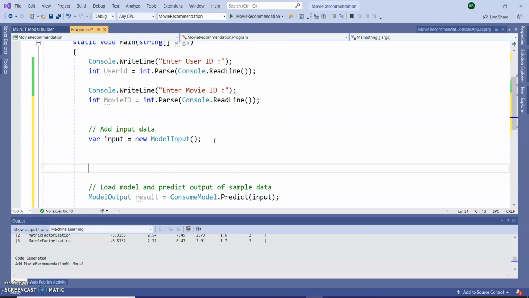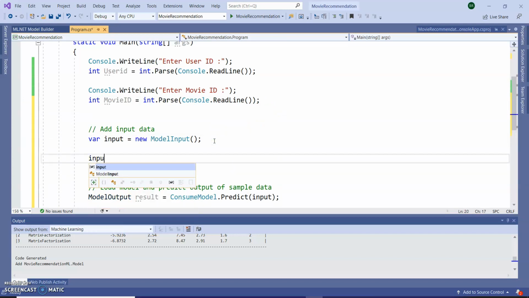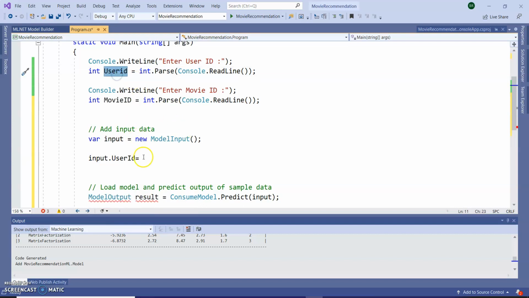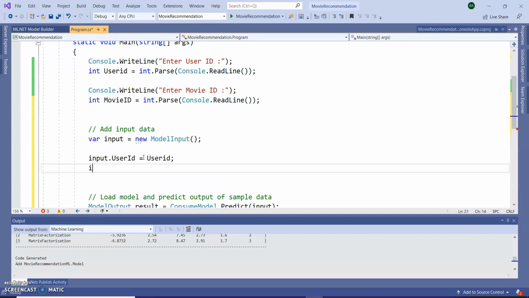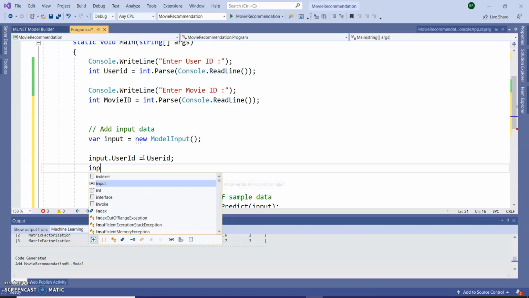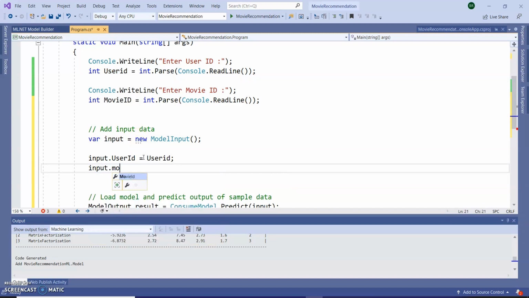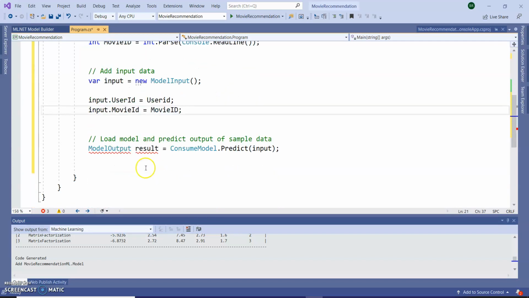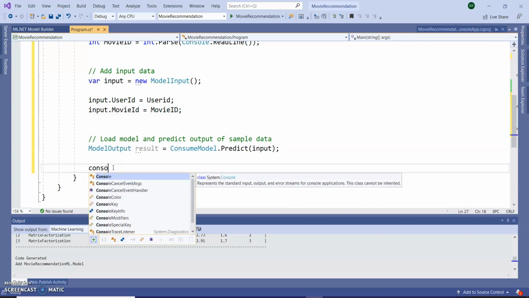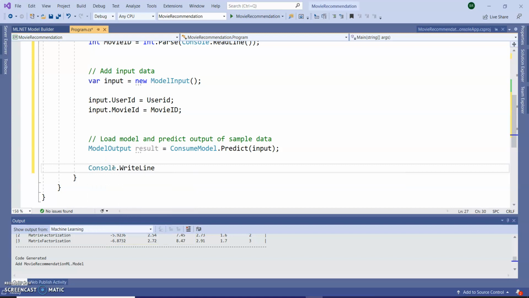Here I want to just assign input.userID equal to this user ID, and input.movieID equal to this one, which I am taking from Console.ReadLine. Next, Console.WriteLine, I want to show the prediction.